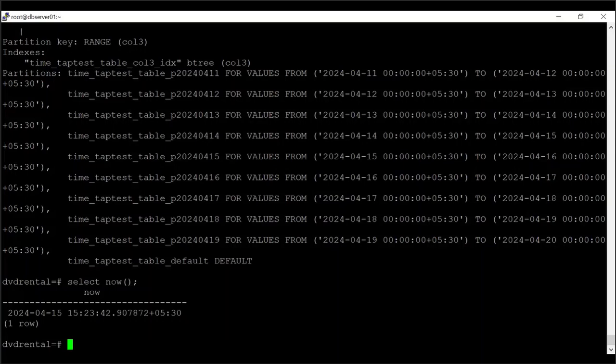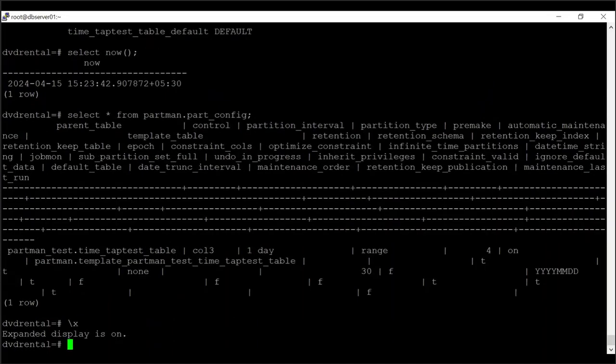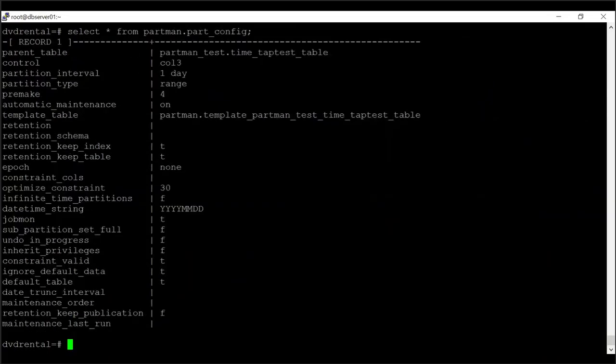Okay. Now, whenever you create this partition, whenever you pass this function, it will automatically create this number of partitions, and it will also make an entry in the table called part_config, which I have explained to you, right? So for example, I want to see the entries. So let's start from part1.part_config table. Let me display properly. If you see